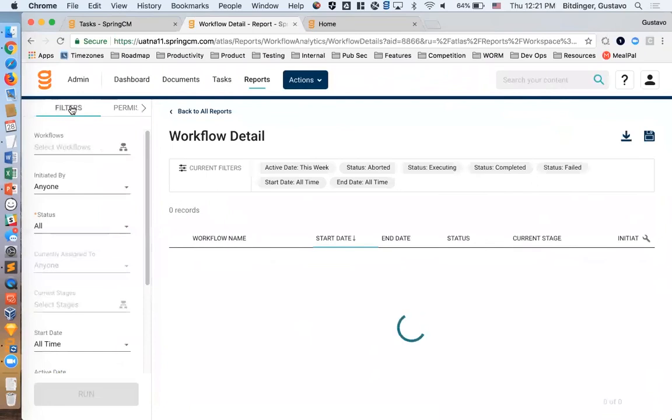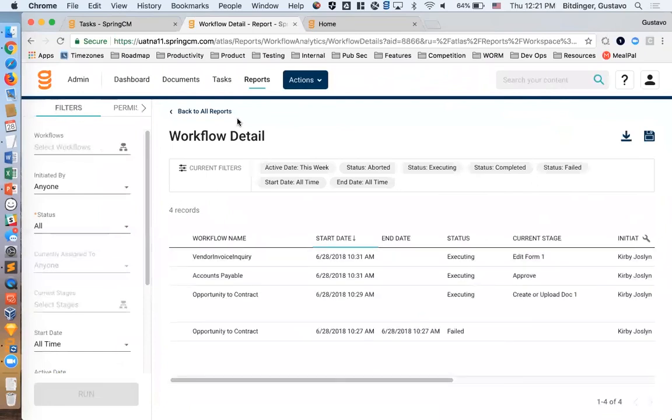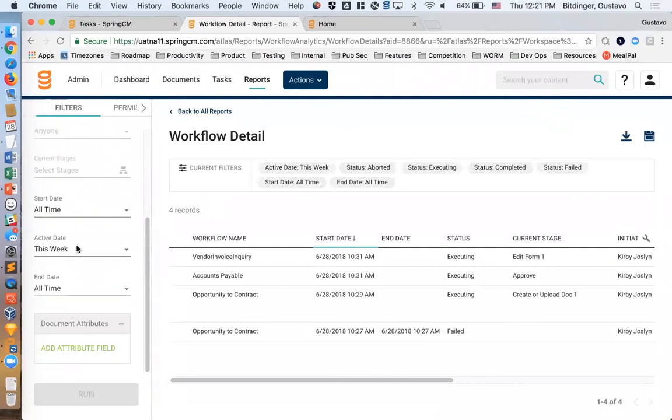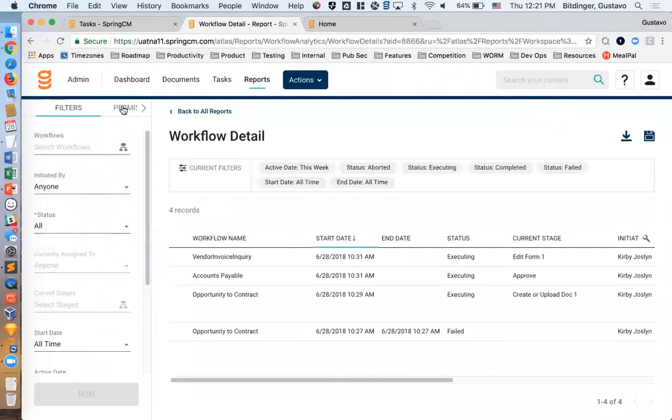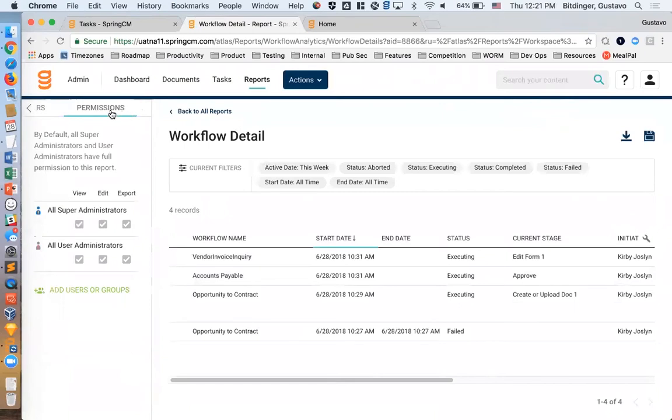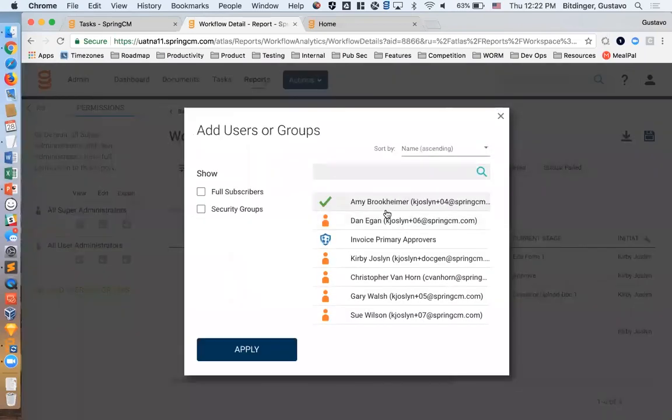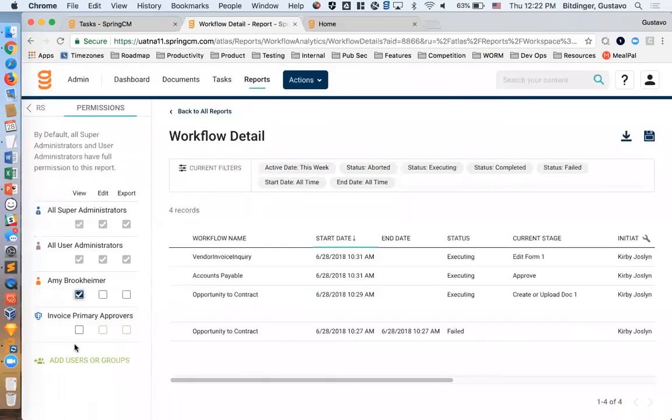So already, you're probably familiar if you looked at workflow reports, the filters tab here, which allows you to filter that report. There's a new tab now for permissions. You'll see that by default, super admins and user admins have all of the available permissions on the report, which are view, edit, and export. But if you want to add full subscribers to this list, you can add them individually, or you can add security groups and apply whatever permissions you want to those users. You can then save this report,